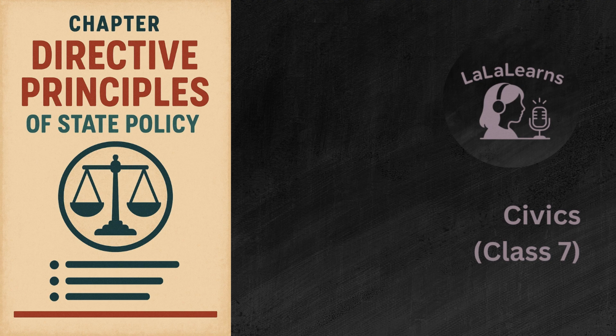So we've taken quite a journey through these directive principles of state policy. We've looked at their really ambitious goals, where they came from, the criticisms they face, especially that enforceability issue. And we've also seen how, despite that, the state has worked to bring them to life, impacting your life through laws and schemes related to education, work, justice, and more. It's clear they're a really vital, if maybe slightly unusual, part of India's constitutional fabric.